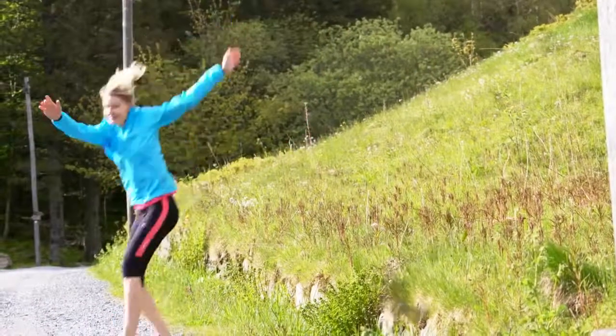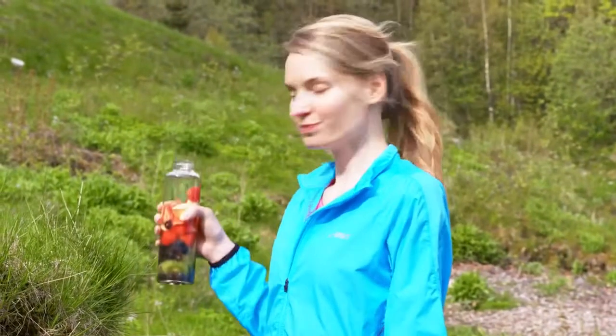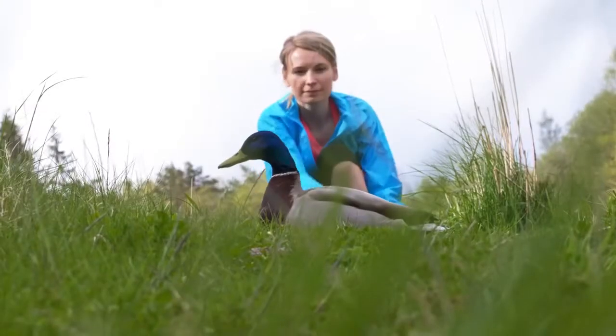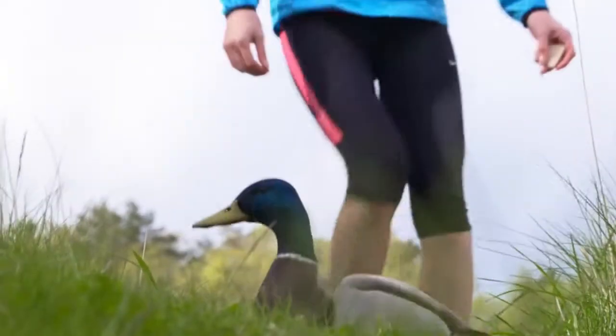The fruit-infused water tastes so yummy! Seriously superb, you have to try it. So I like to run for a while until I get distracted by something like taking pictures or this cute little ducky. I play with it for a while and then usually decide, Sarah, you've run enough today, and I